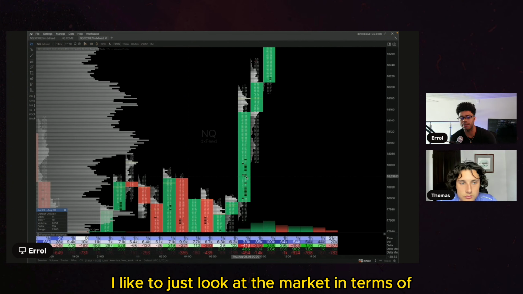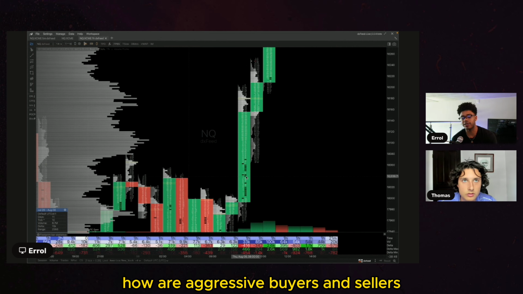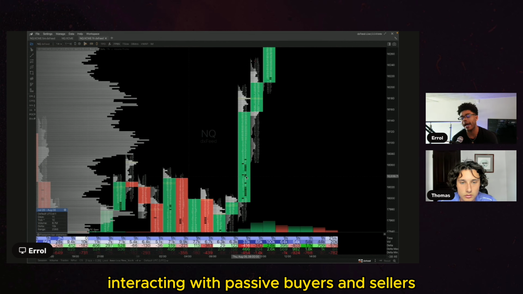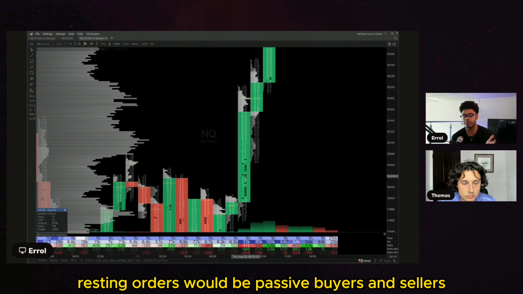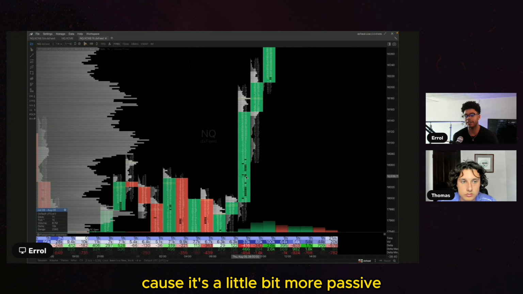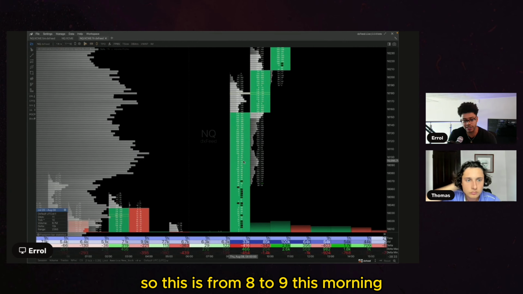I like to just look at the market in terms of where liquidity is and how aggressive buyers and sellers are interacting with passive buyers and sellers. Another term for limit orders, resting orders, would be passive buyers and sellers, because it's a little bit more passive, if that makes sense. But anyways, this is from 8 to 9 this